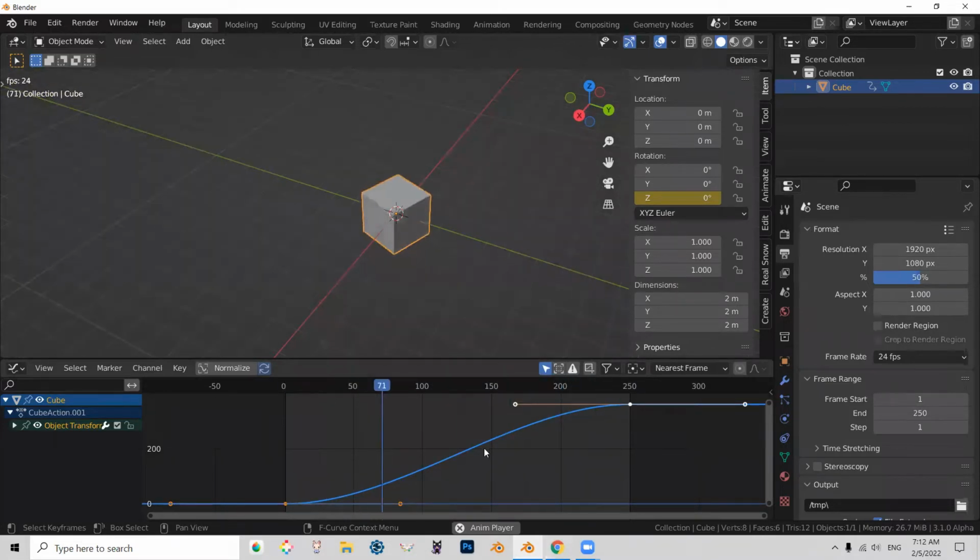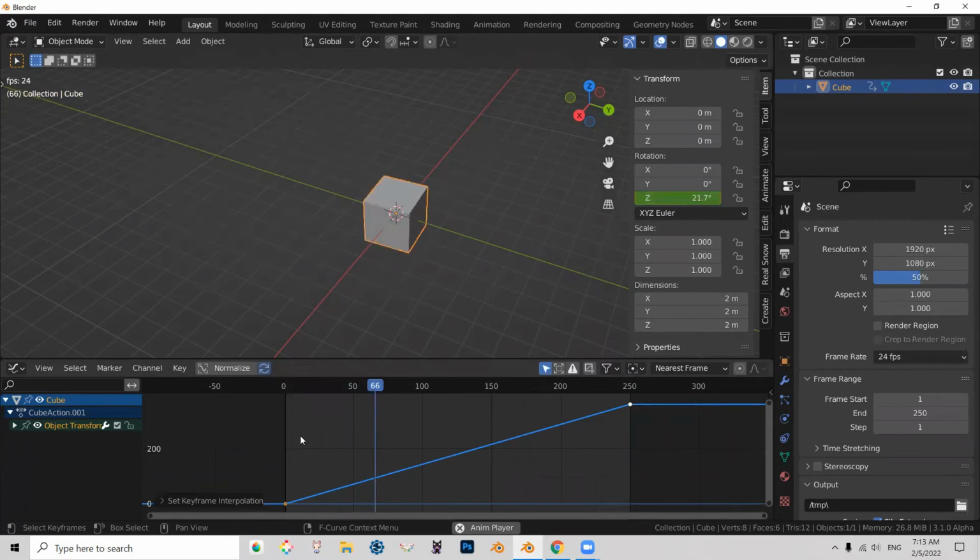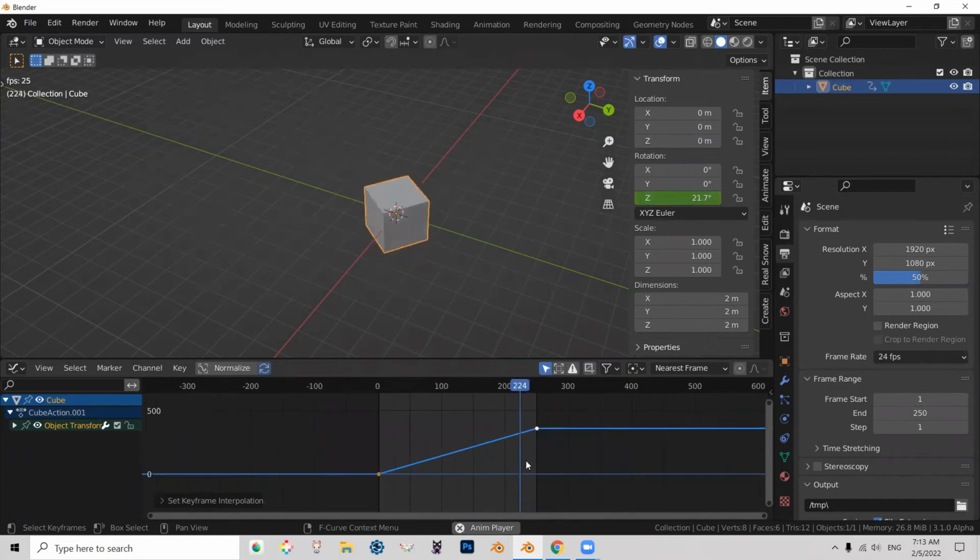To fix that, we're going to press T in our graph editor, and we're going to choose linear to set keyframe interpolation to. So, now our box is rotating at constant speed, but its animation still isn't infinitely